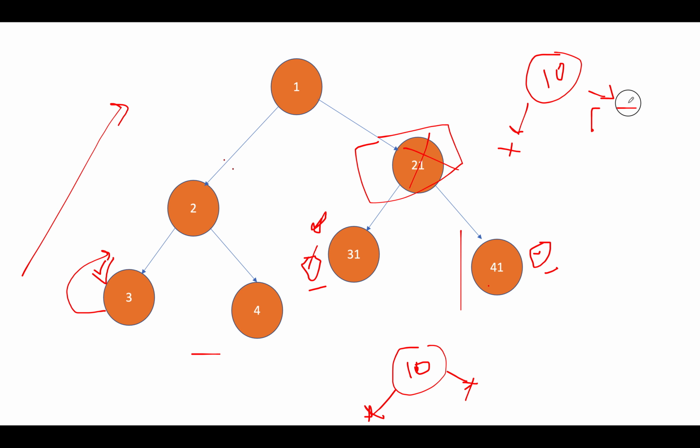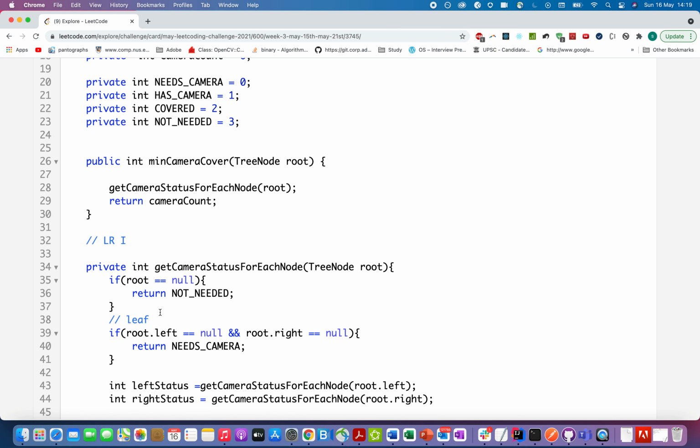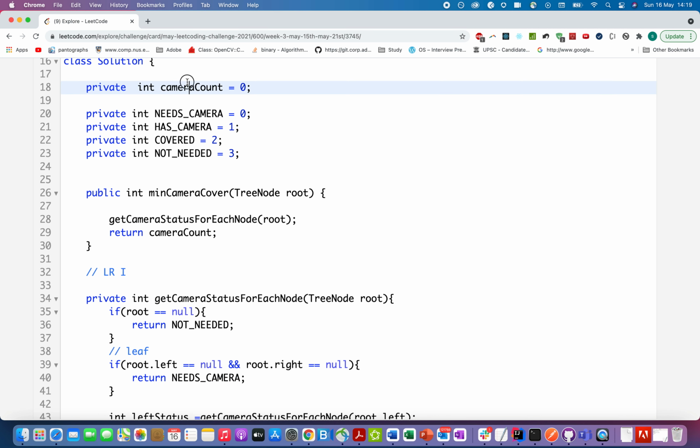In those cases, what will happen? This method will be invoked, and since the root itself is a leaf node, needs camera status will be returned, and the camera count will still remain 0. In those cases where needs camera status is returned, we need to add one more camera to the system, and this is what we are going to do.